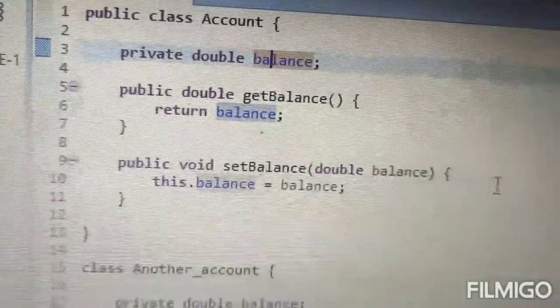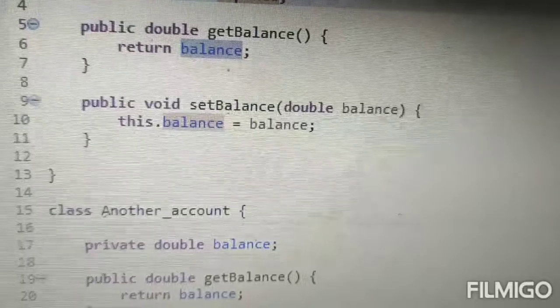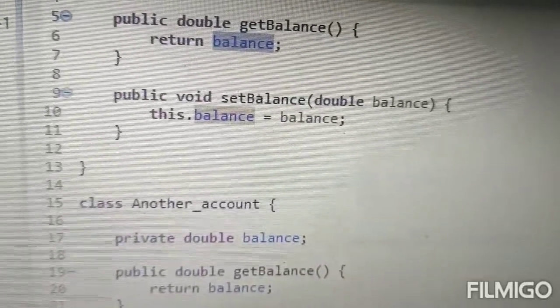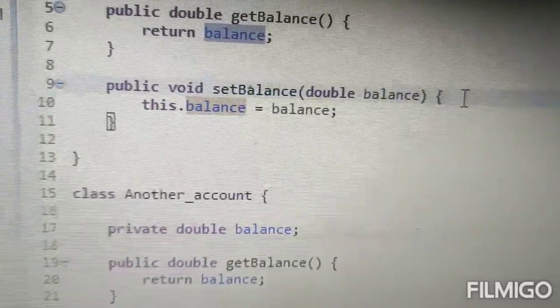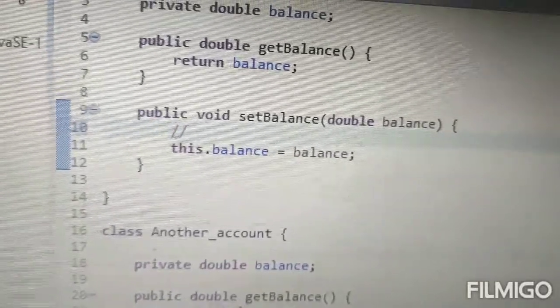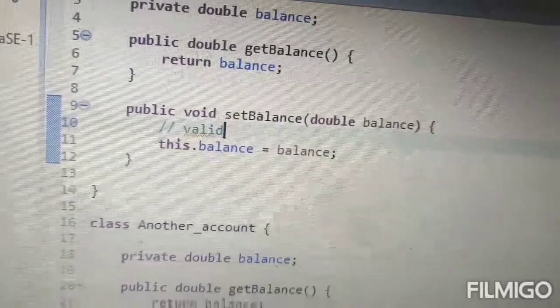After validation only, you will be able to set that balance. I didn't write the validation code here, but in a real-time example, validation will be applied.